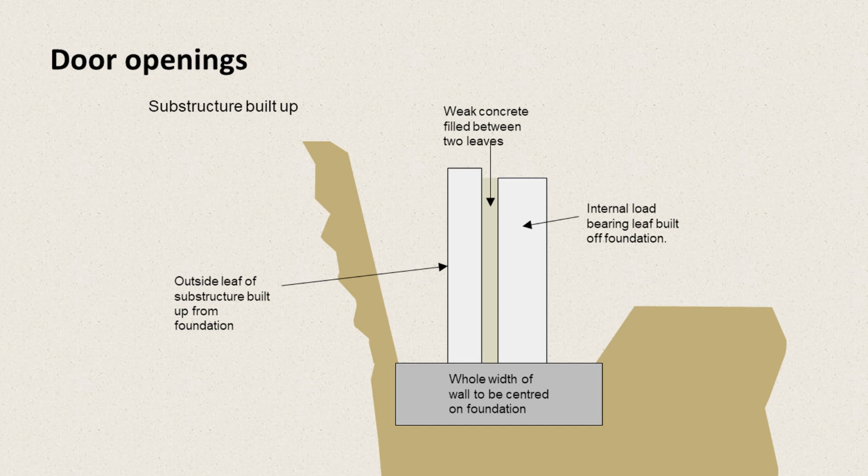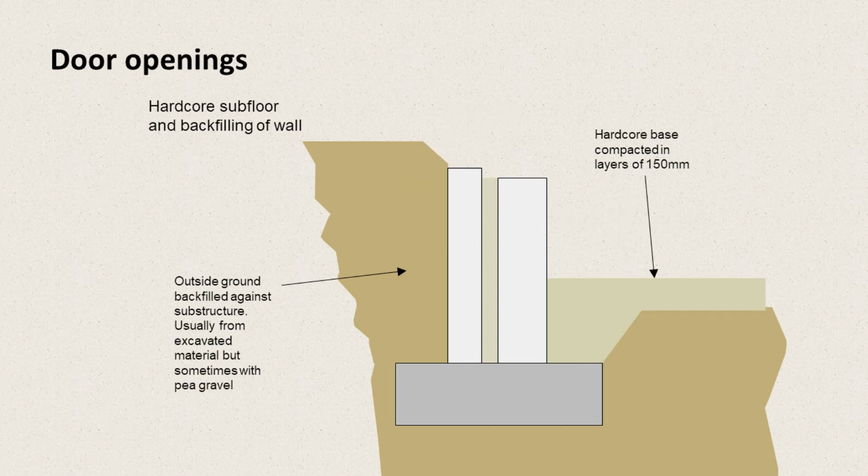And up from the foundation we would build the substructure, and the substructure consists of an outside leaf and an inside leaf. The internal leaf is the load-bearing leaf, so it's probably thinner, and in between them we would fill that with weak concrete. Following that, we can backfill to the outside, usually with excavated material, but sometimes with gravel,